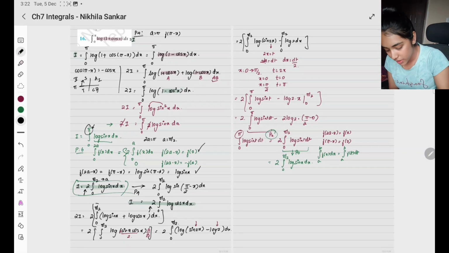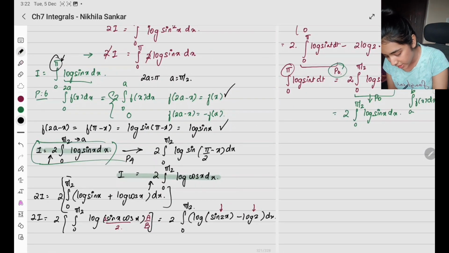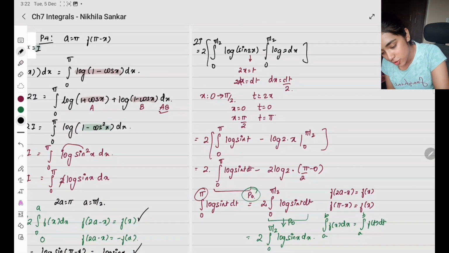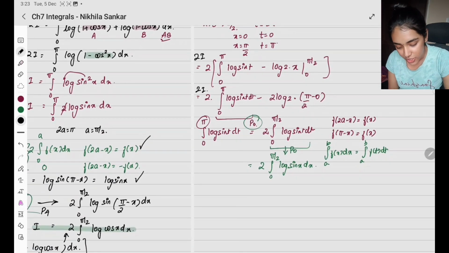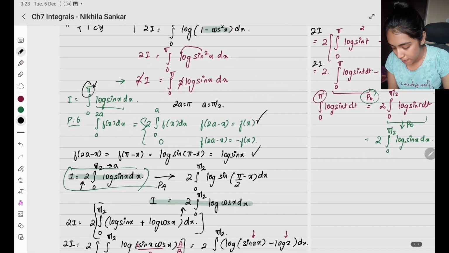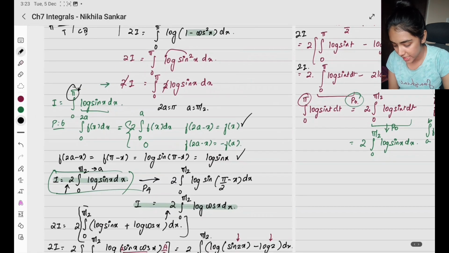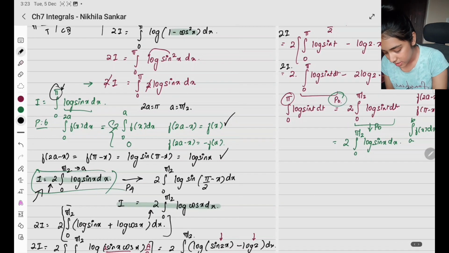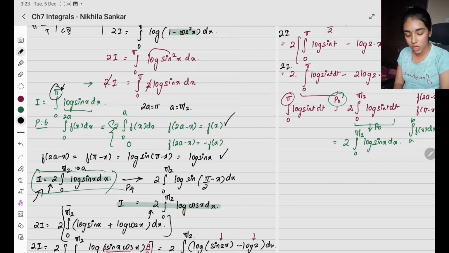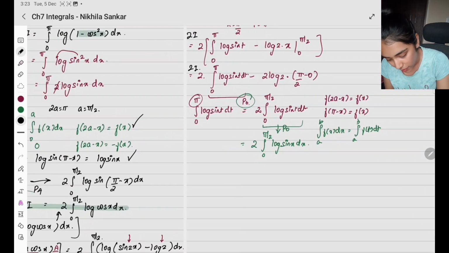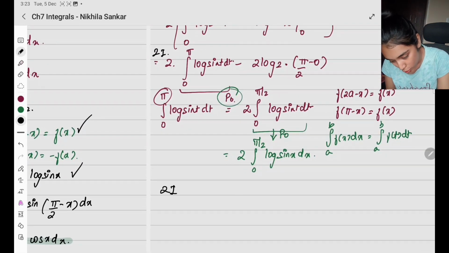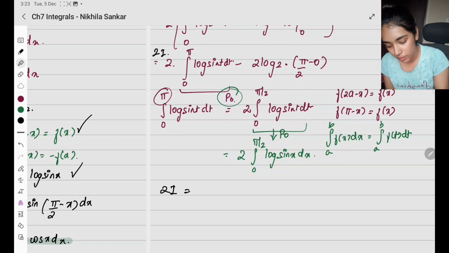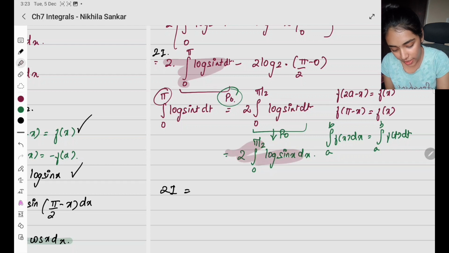What have we been solving all this time? You are substituting for 2i. Correct? Your LHS is going to be 2i. So you have 2i everywhere. Here I have 2 times integral log sin x dx. So this particular term, LHS, is going to be 2i equals this term. Instead of 2 log sin t dt, I am going to write 2 times pi by 2 times log sin x, which is going to be I,